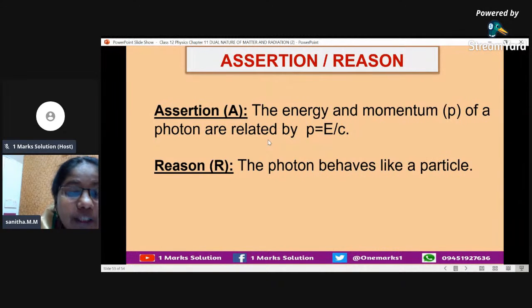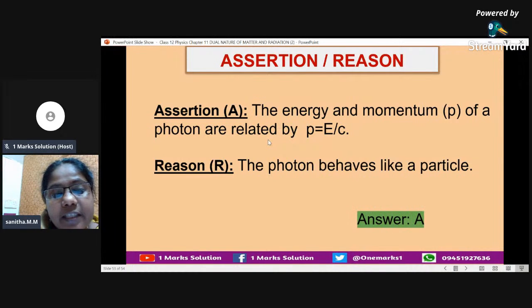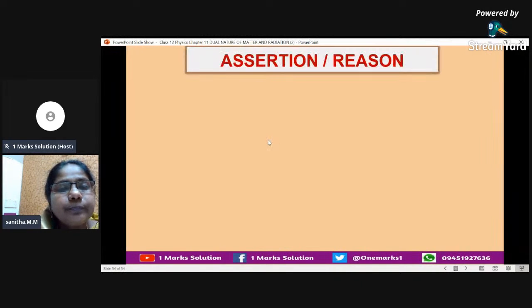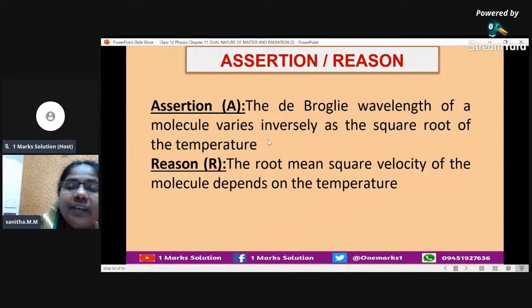So the assertion as well as the reason is correct, and the reason is also the correct reason for the assertion. So the answer is A. Next one, we can go for the de Broglie wavelength of a molecule varies inversely as